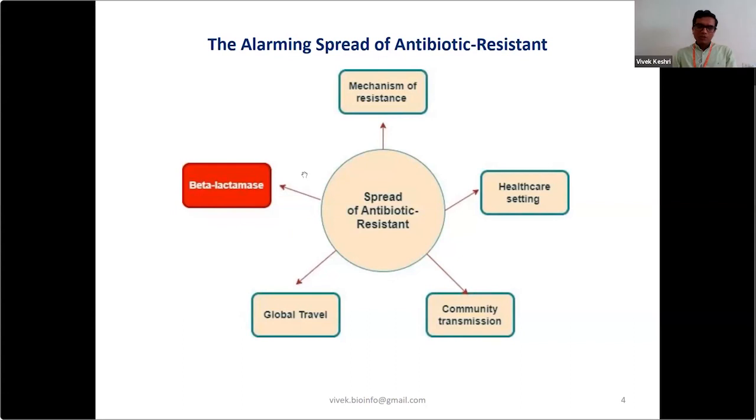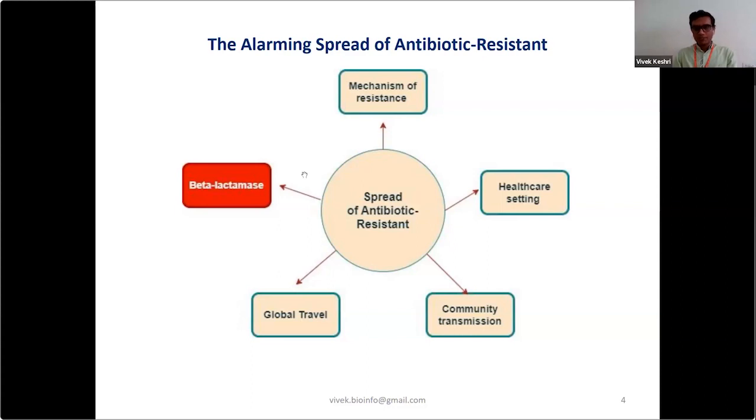Apart from all the benefits of antibiotics, the major global health concern is antibiotic resistance spreading all over the world. Antibiotic resistance spreads through different mechanisms like overexpression of the efflux pump and low porin permeable structure in the bacterial cell, and